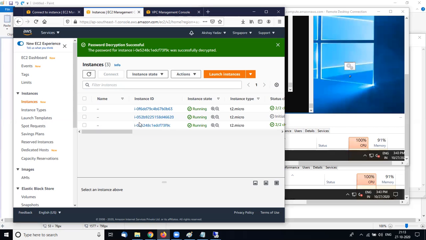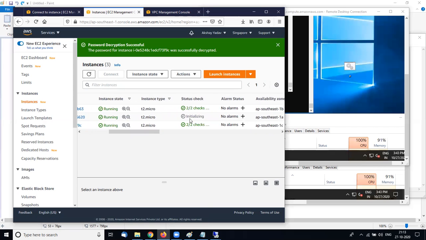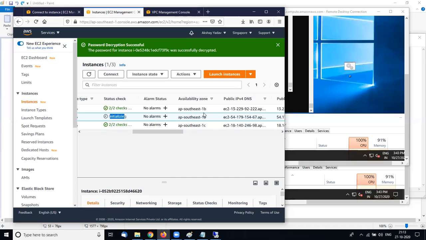So here you see my one instance is already launched. This instance was launched by the auto scaling group in a different availability zone. I already have one server in this availability zone and one in this availability zone.